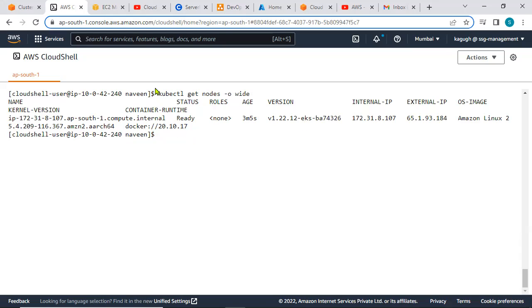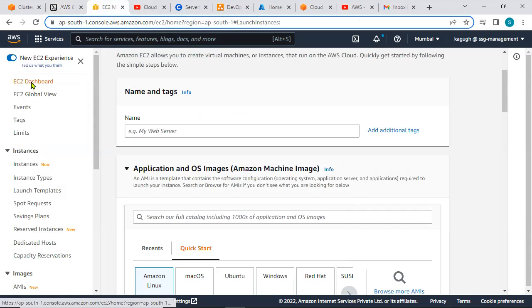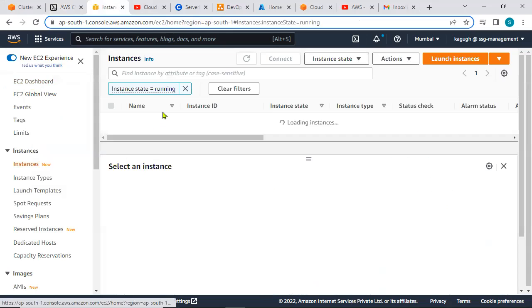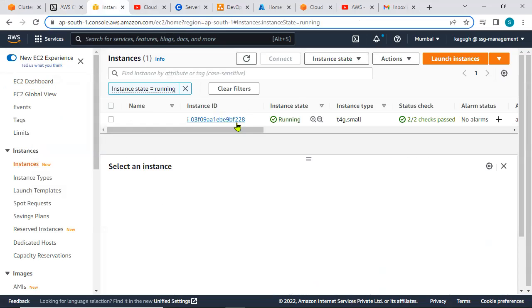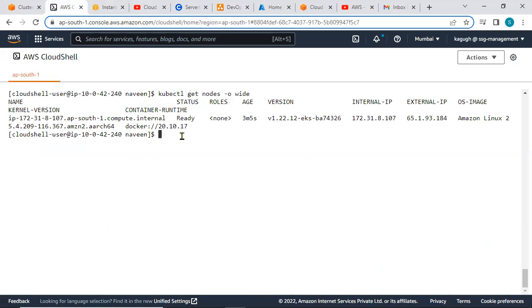Now this particular EC2 instance, where is it? It is in our EC2 instances. If you go to the EC2 dashboard, you see this EC2 instance is running. See, T4G small. Now what I'm going to do is